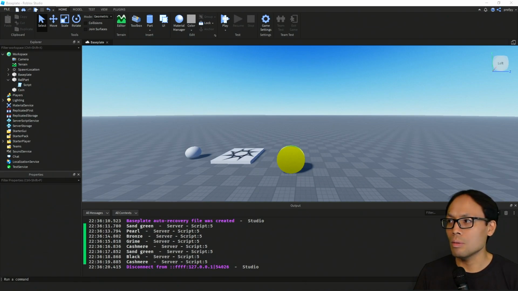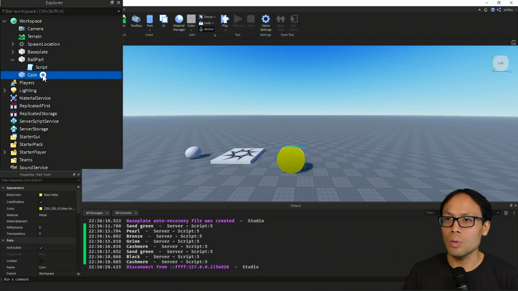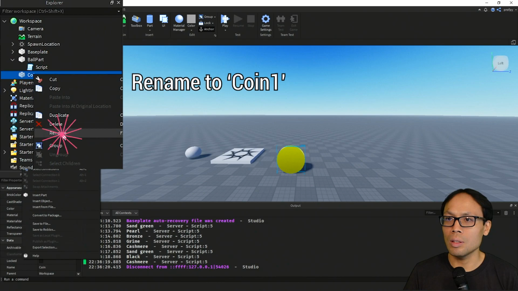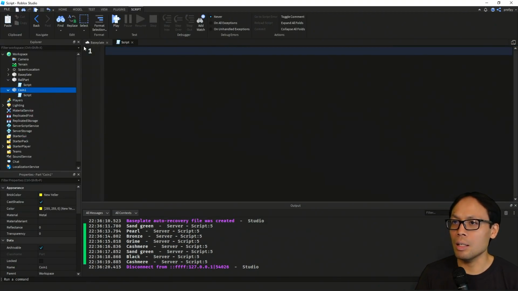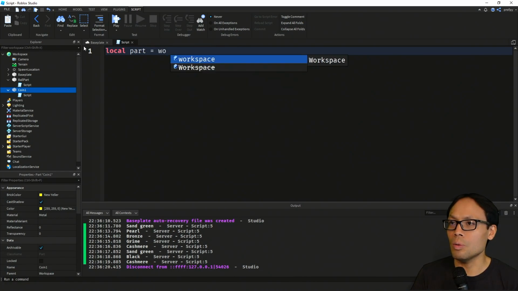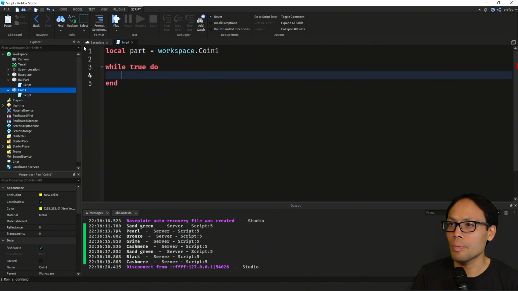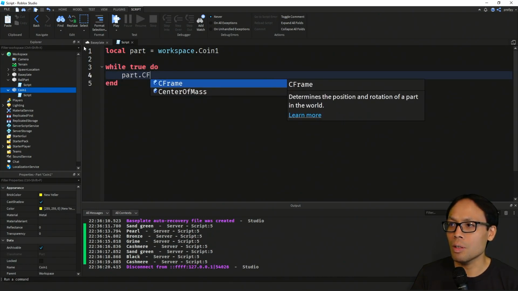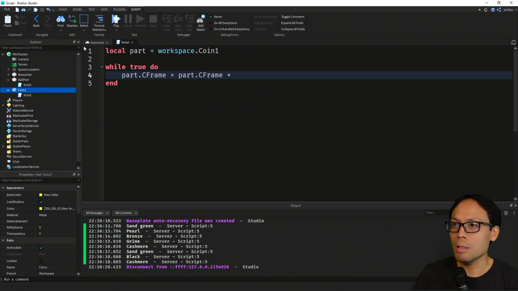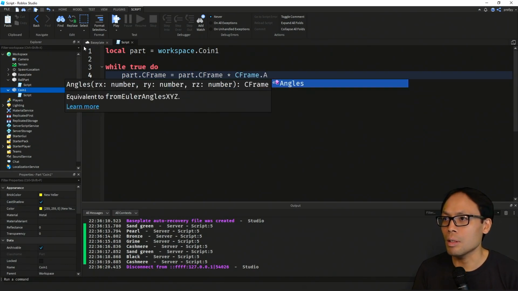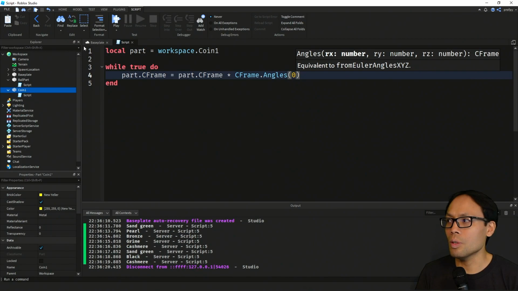All right, the next thing we're going to do is add a script to our coin. Actually, I'm going to name that coin 1, and I'm going to add a script here. So we've got local part equal workspace.coin1. We've got while true do, and we've got part.CFrame, which I'm going to explain in a few moments. CFrame times CFrame.Angles, and we're going to start off with